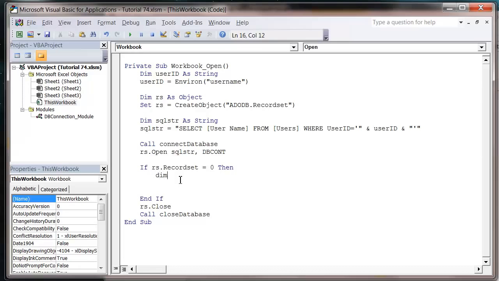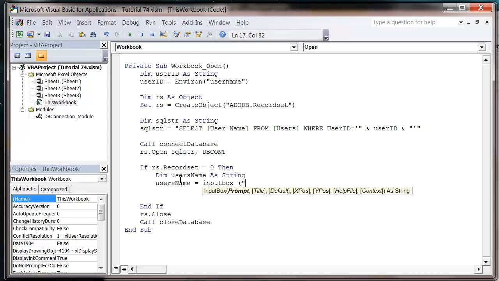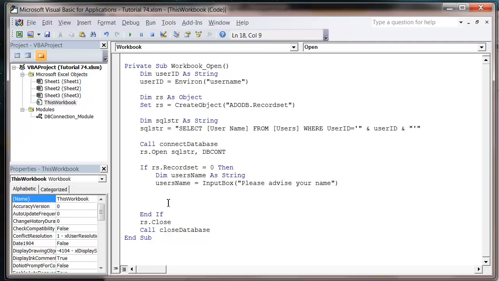So we want to put Dim userName As String, and then userName equals InputBox, "Please advise your name". And then once they've given us the name, we're going to write another SQL string. So Dim, we're just going to use the same one as before, SQLStr equals INSERT